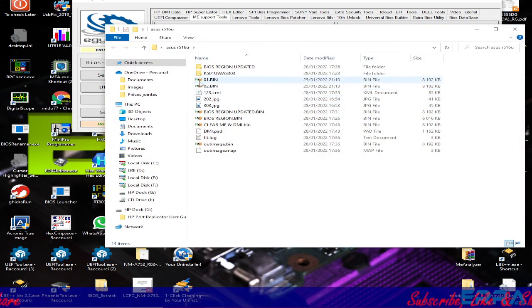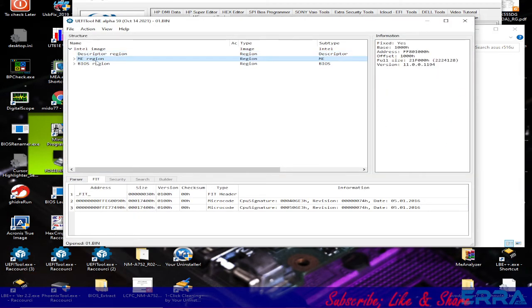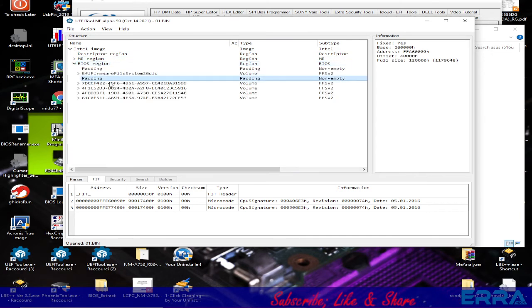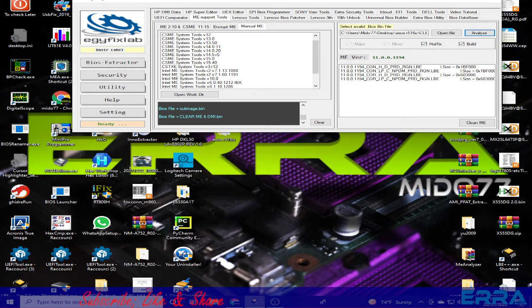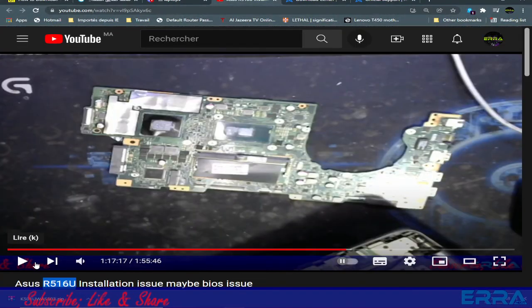see here. If we open, for example, the dump, you can see here that we have the descriptor region and the ME region and the BIOS region, and the DME info are in the second padding of the BIOS region. So even if we change anything here, that won't influence our ME region. So that's it, and I hope things are clear,